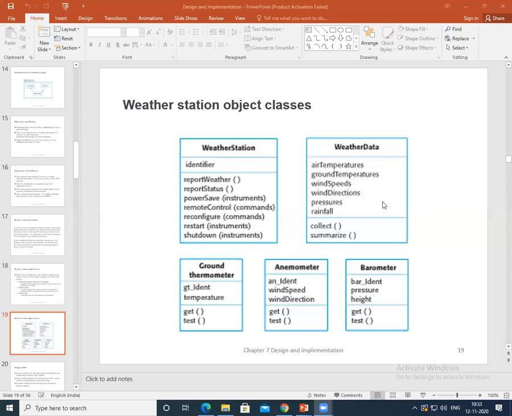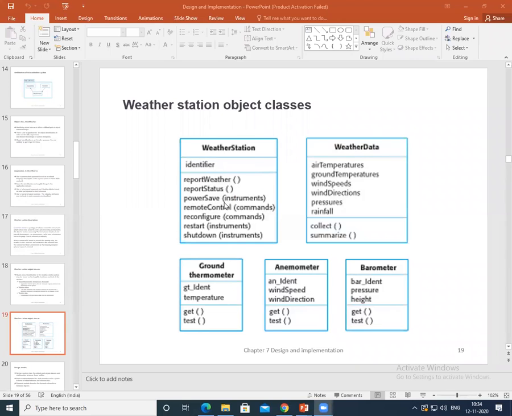For example, here you could identify how many objects? So here you can identify 5 objects of a weather station, and individual objects have their own attributes and independent operations.